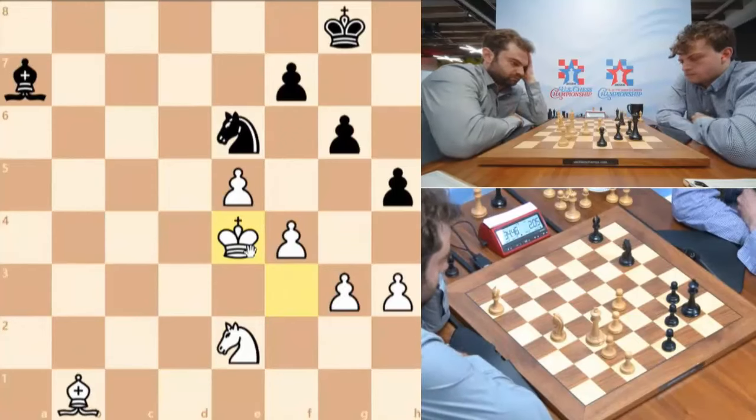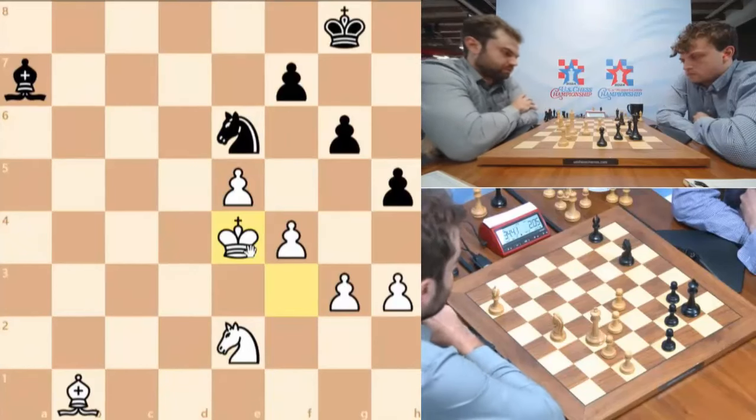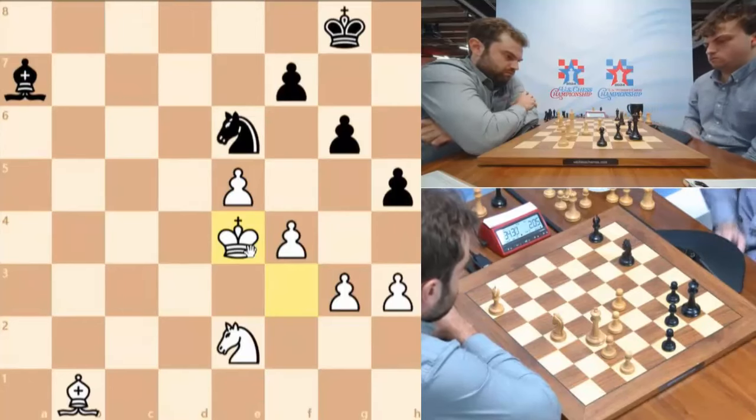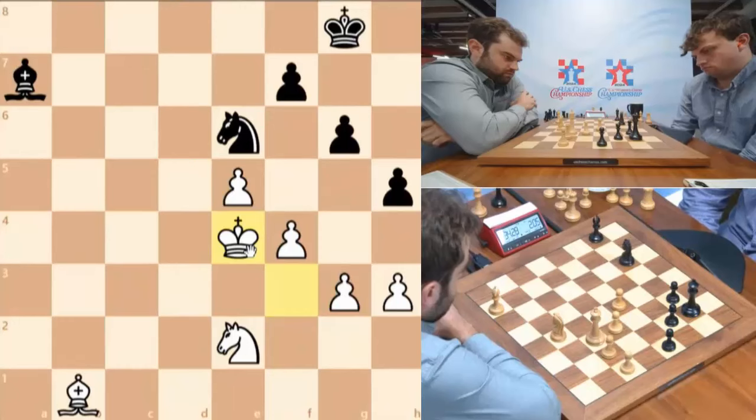No. I've seen Alexander Grischuk in a Sinquefield Cup make the time control and then use almost 80%, but I've never seen somebody use like 95% of their second time control to make a move. So we will stay with this game, but...